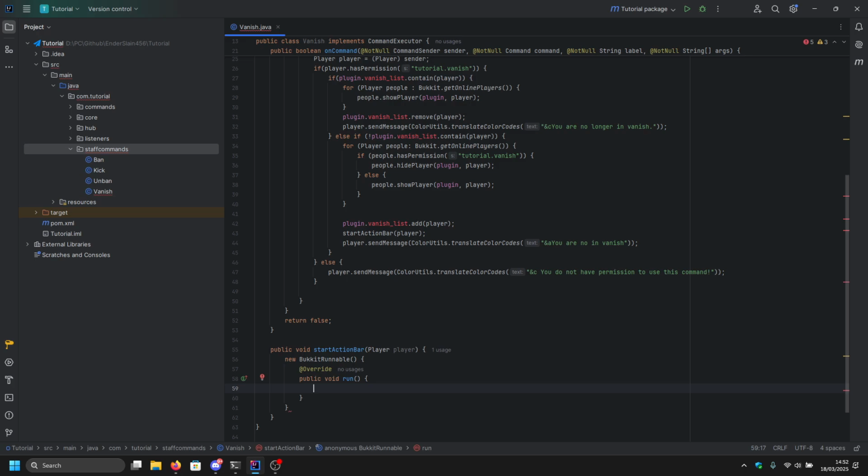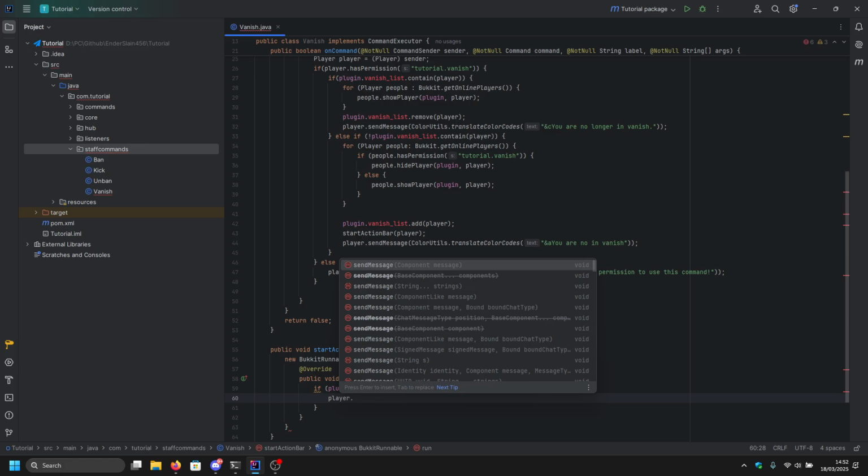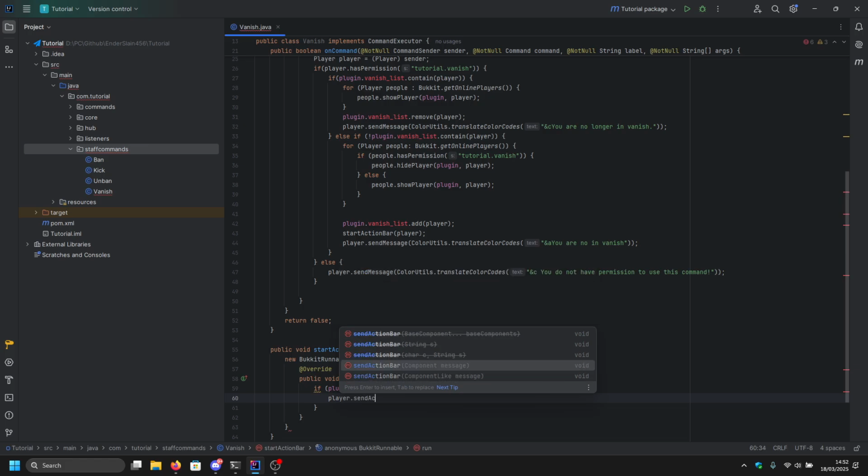And inside of here, you want to type if plugin.vanish_list.contains, and make sure you type plugin correctly. There we go. Then you want to type player.sendActionBar